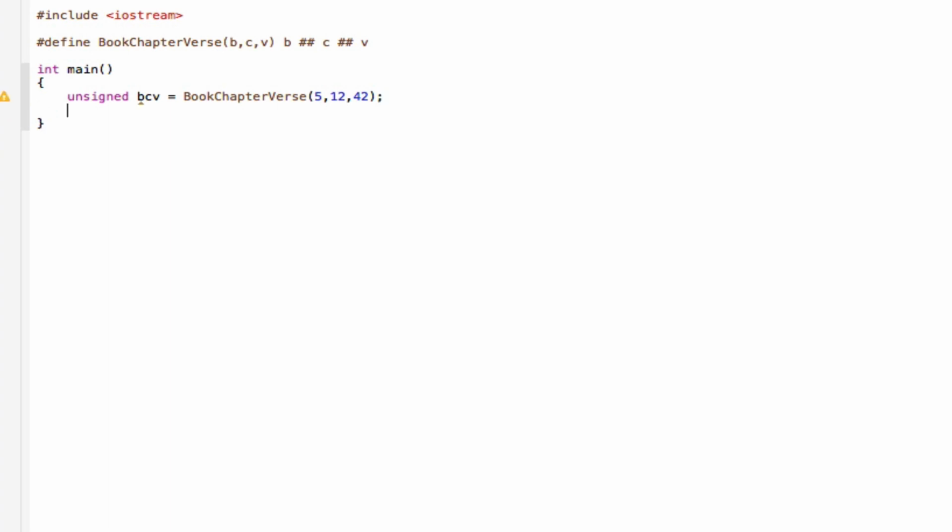And then next line we could say std::cout, and then less than less than BCV, close that off. And this can be compiled, but before we even compile it, let's just run through the program and explain what's